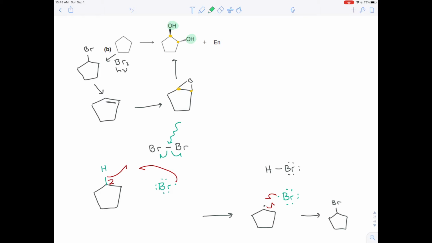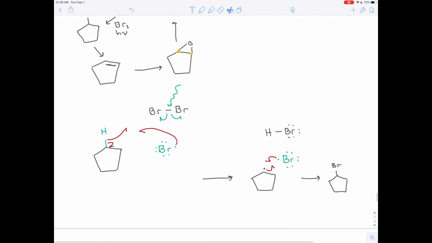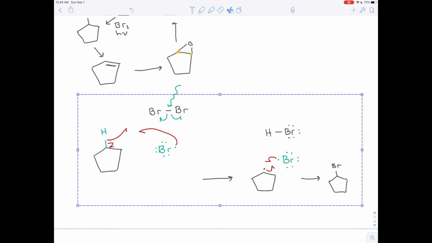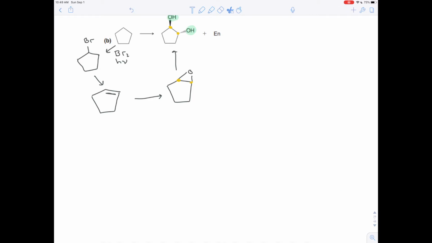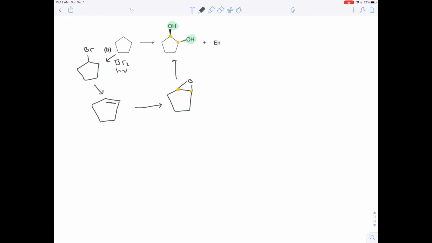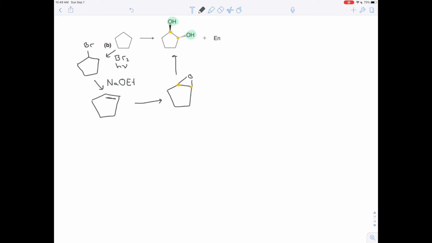Next, we would want to do an elimination reaction. Now you can do elimination reactions by adding a strong base. A strong base is any alkoxide. Here I'll just do sodium ethoxide. It's a pretty standard, strong, skinny base. So what happens here